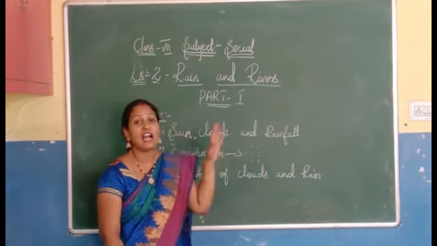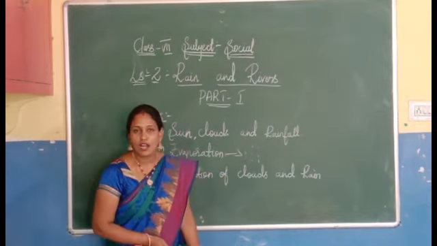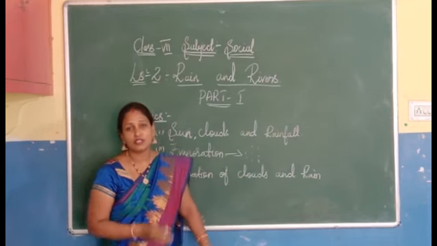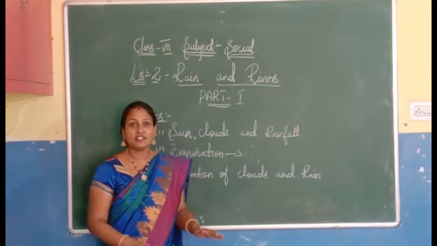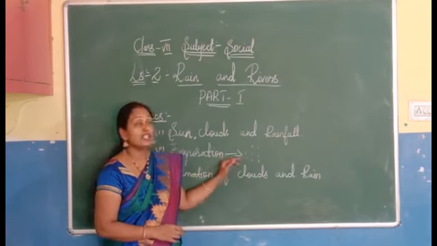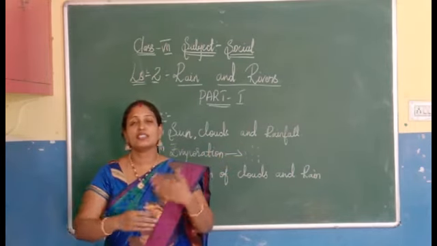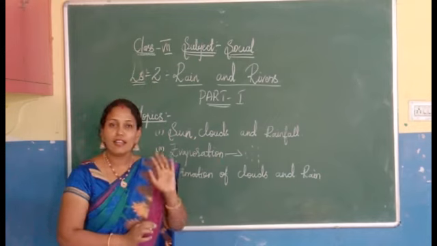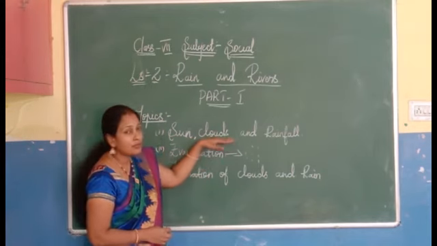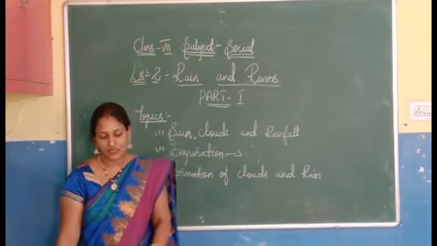One more example. After that, she took wet clothes and started drying them outside. After 2 or 3 hours, what happens to the clothes, children? They start getting dry. How? In what way? No. What happens to the wet cloth? The water which was present in the wet cloth started evaporating into the air. That is a simple process involved in forming clouds and getting rainfall.